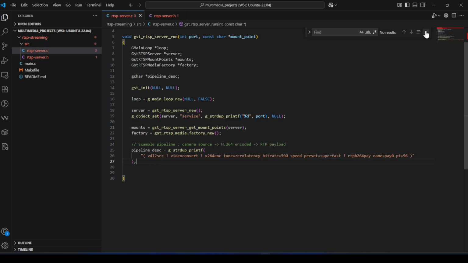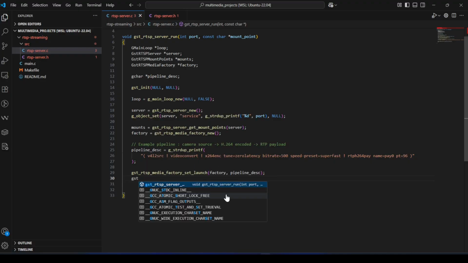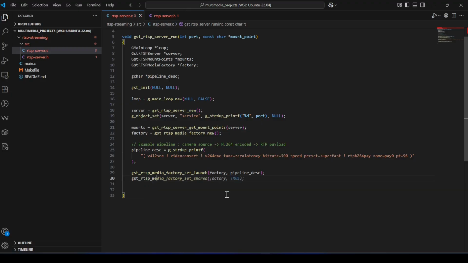Okay, so once this pipeline is built, let's pass other parameters. Basically, we need a GST RTSP media factory set launch that will take the pipeline, getting the factory as a parameter and taking the pipeline as a parameter. Then we'll go to the GST RTSP media factory set shared. That will be set to true,